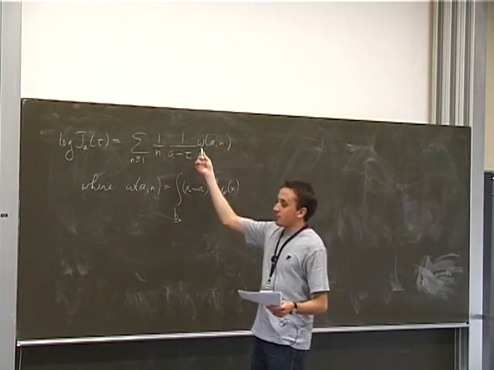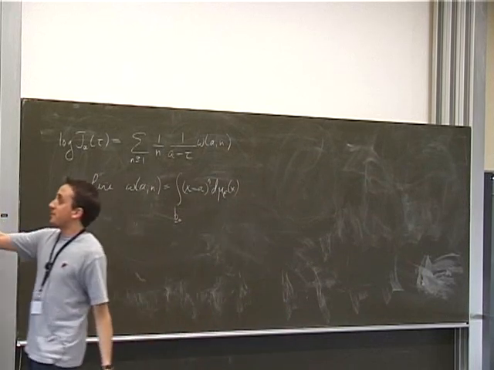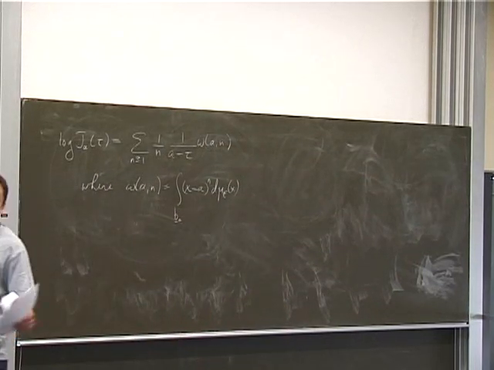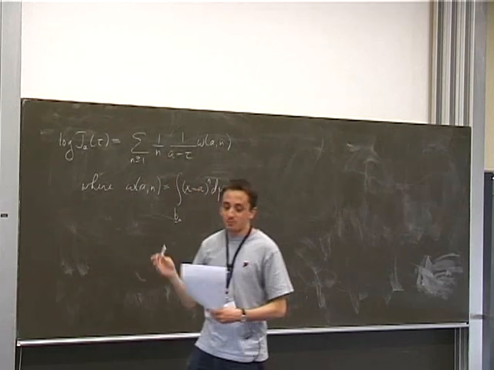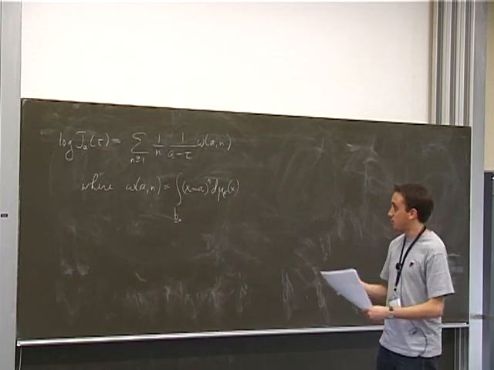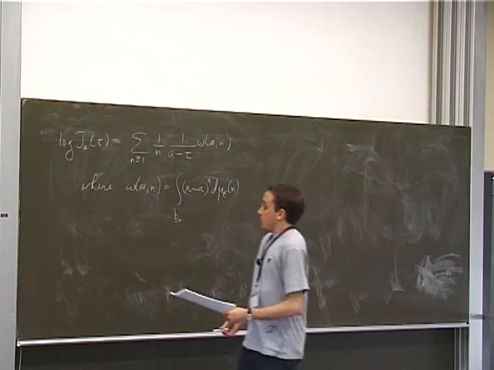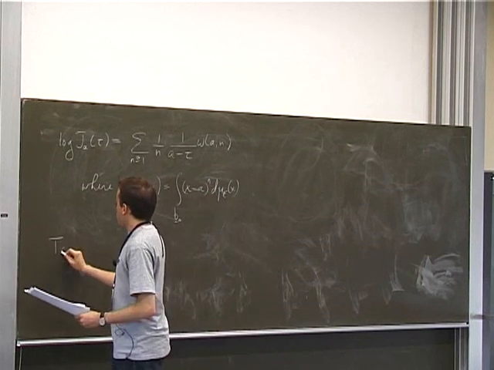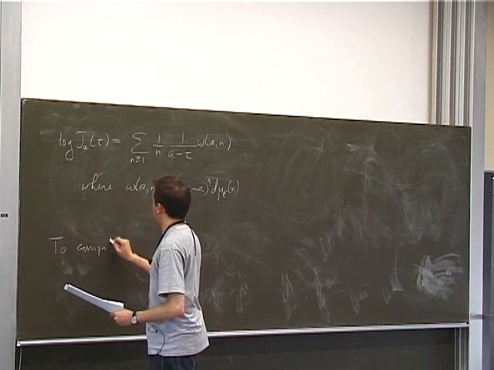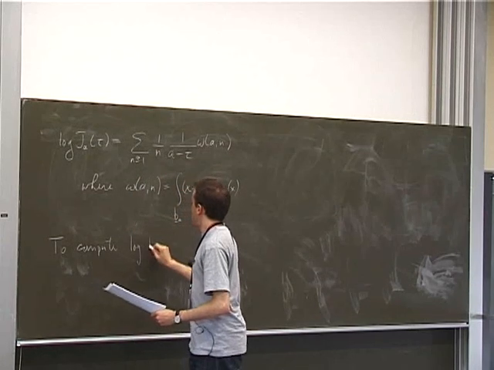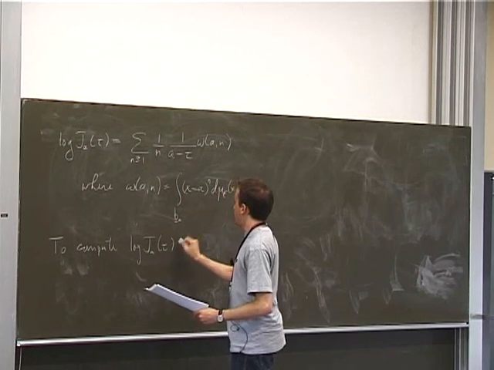And so this is just a Taylor expansion. You have to add and subtract A here to be able to use the usual Taylor expansion, but there's nothing really going on here. So to compute log of JA of tau to high accuracy,